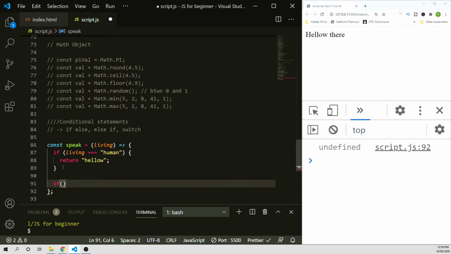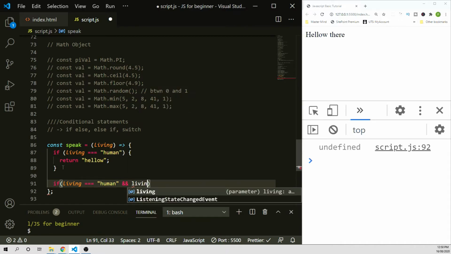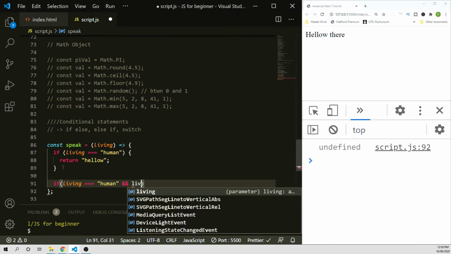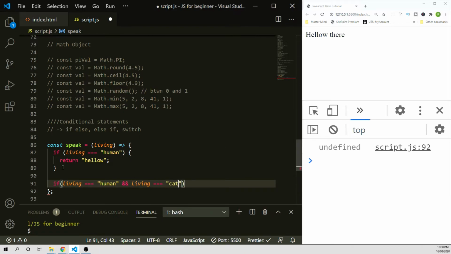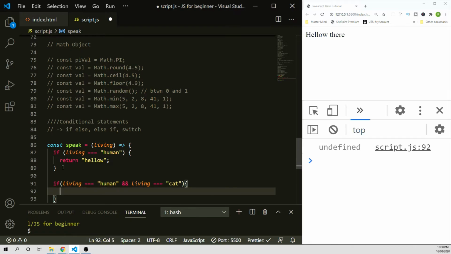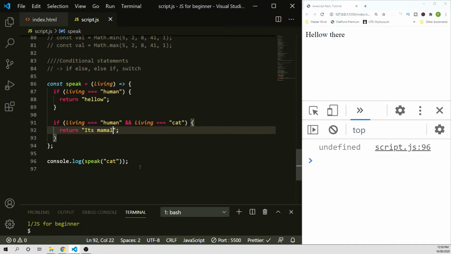So let's say if living equals to human and living equals to cat, then let's say return is mammal. So that means here